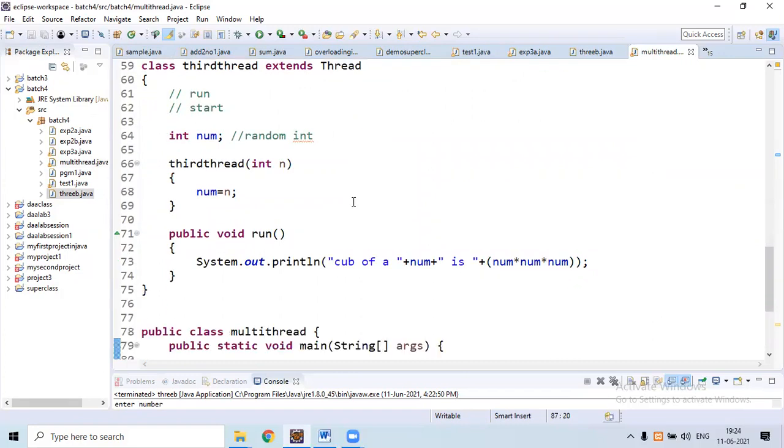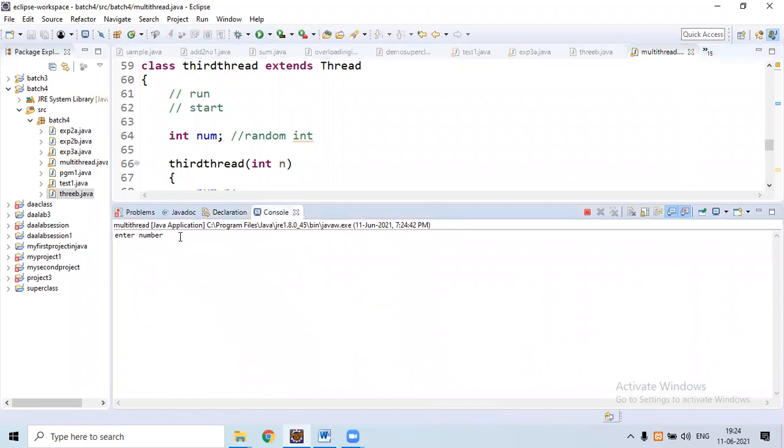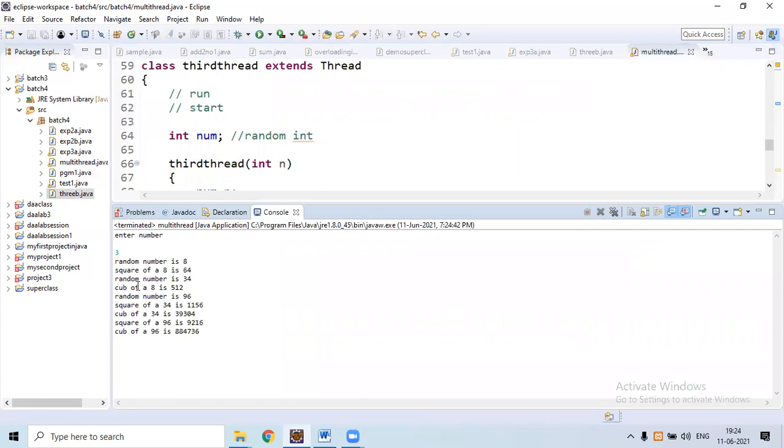After saving the program, then we can run. Yes, the program asking enter number. Here I will enter 3. Random number is 8. The square of 8 is 64. The random number is 34. The cube of 8 is 512. Random number is 96. The square of 34 is 1156. Cube of 34 is 39304. The square of 96 is 9216. The cube of 96 is